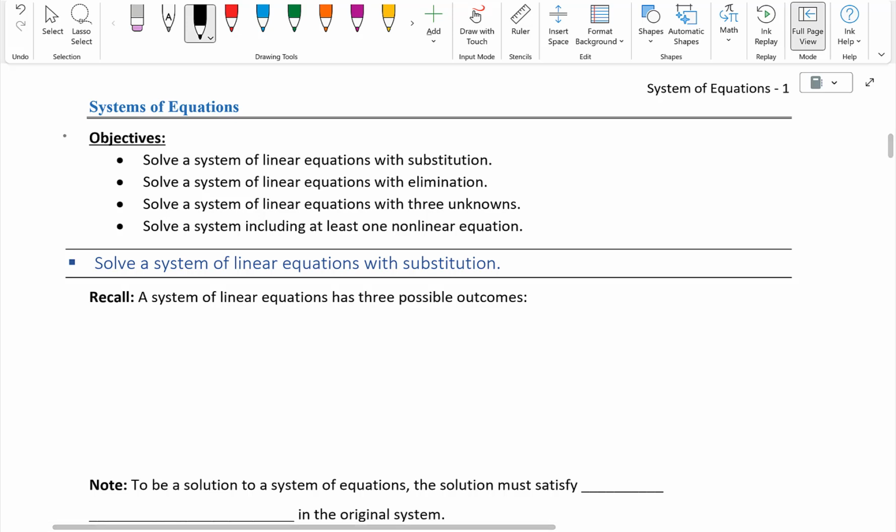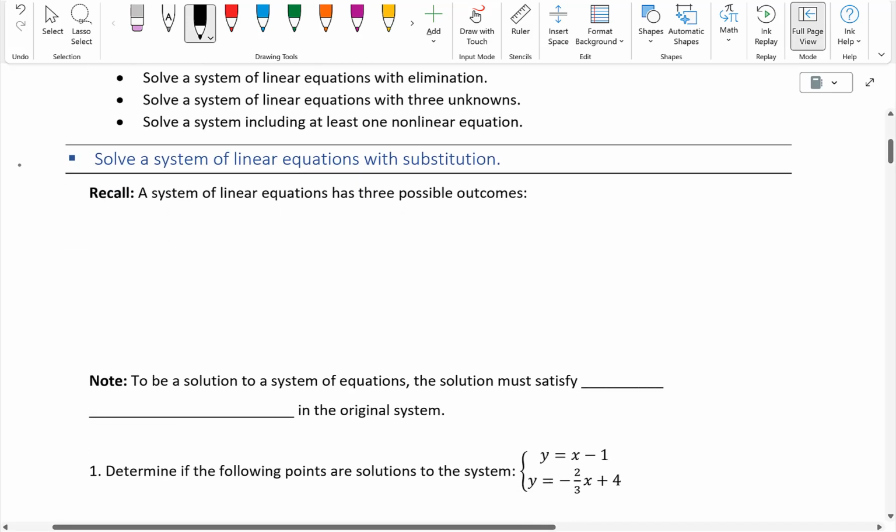Hi, in this video we're looking at systems of equations. Our objectives include solving a system of linear equations with substitution, then we'll solve a system of linear equations with elimination, we'll solve a system of linear equations with 3 unknowns, and finally we'll solve a system including at least one nonlinear equation. So we start with solving a system of linear equations with substitution, and a recall from some